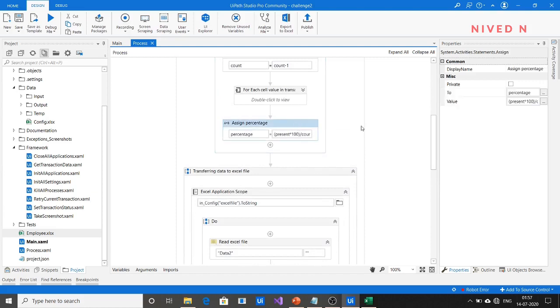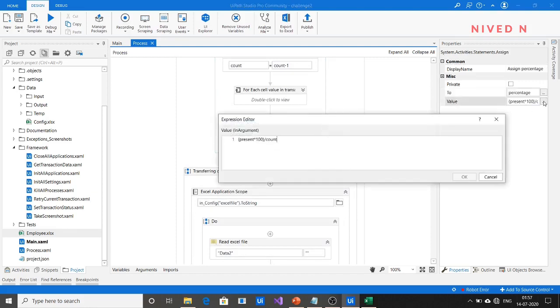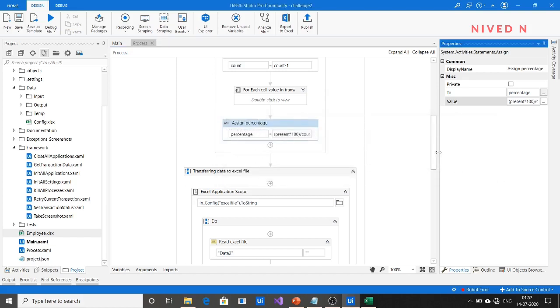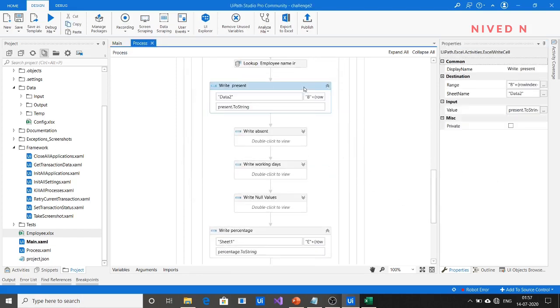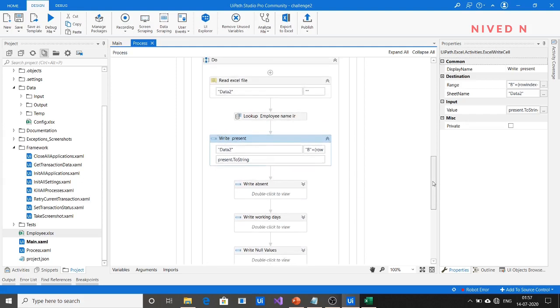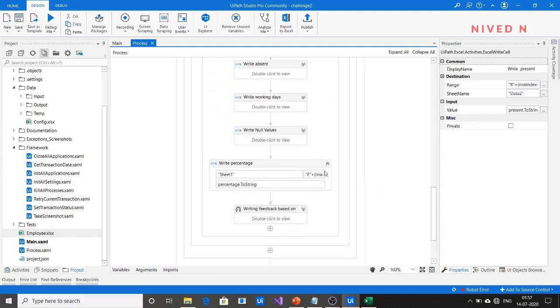Person count, working day, null values. Oh, sorry, I forgot to change the sheet name here.